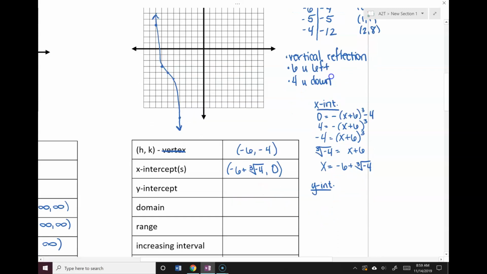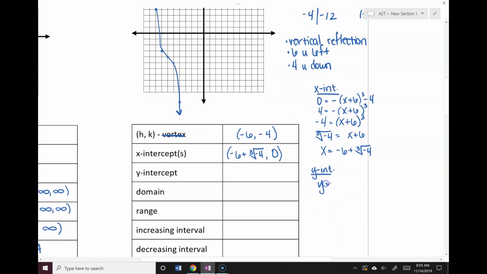Okay, there is a y-intercept, but we don't know what it is, so we're going to have to solve. All right, y is equal to negative. We're going to plug 0 in for x this time because that's what we do when we're finding the y-intercept. We get -6 cubed minus 4. 6 cubed is, well, 6 times 6 is 36. If we cube it,